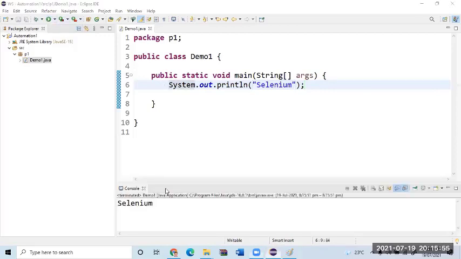I request all of you to do this and post the screenshot. In the WhatsApp is always better. Do this till now. Did I install Selenium? No, I have not installed Selenium. I'm ensuring that my environment is proper. So I request all of you to create a new Java project, write one line of code SOP Selenium, write your name also, run it, and if it is working fine, post the screenshot.